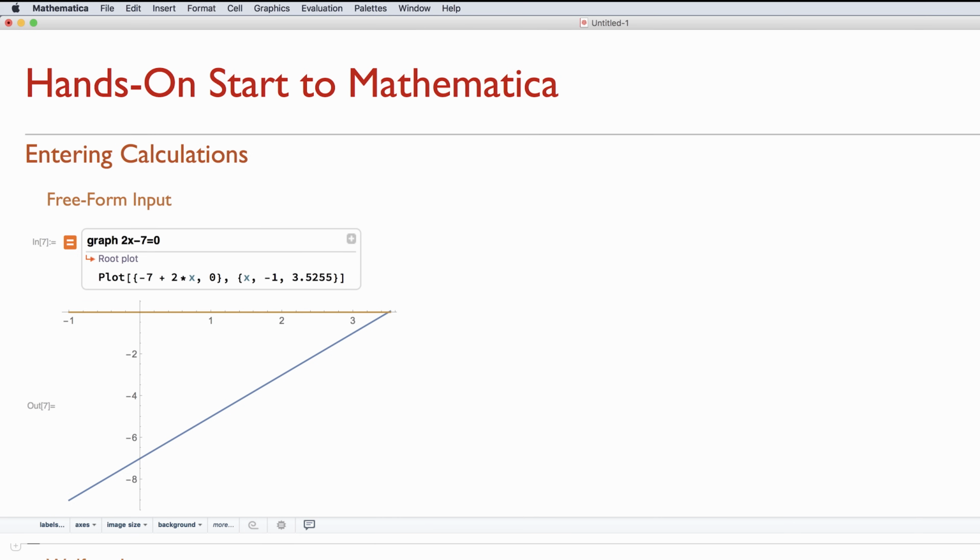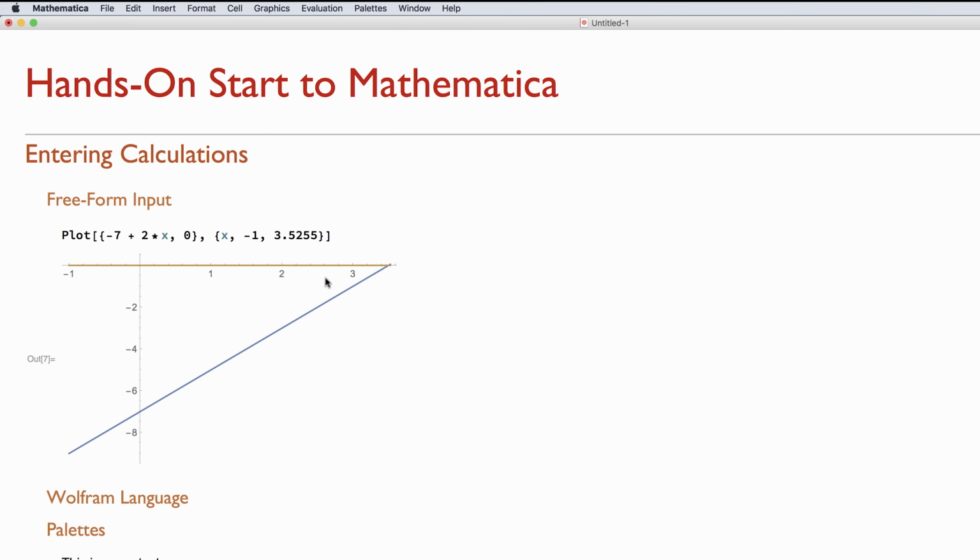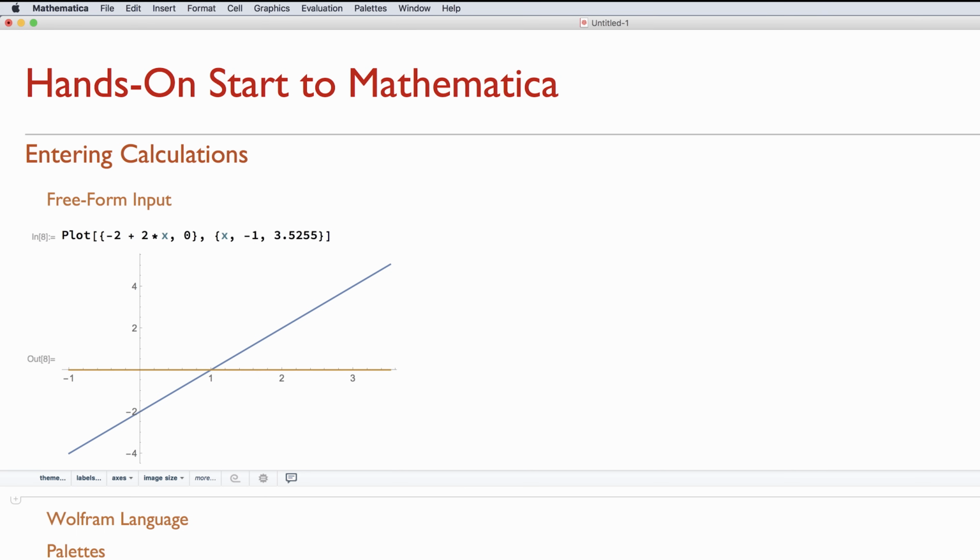If you place your cursor over the Wolfram language that was returned, you should see a little pop-up that says Replace cell with this input. When you click on this, the freeform input is replaced by the Wolfram language equivalent of your input. Now we can start to make changes. So for example, let's change the -7 to a -2, and then press Shift-Enter to see how it affects the